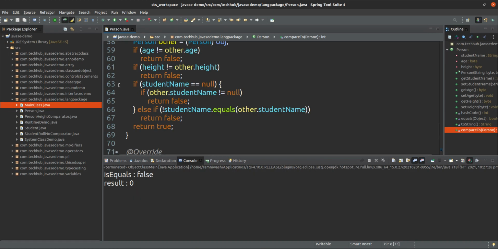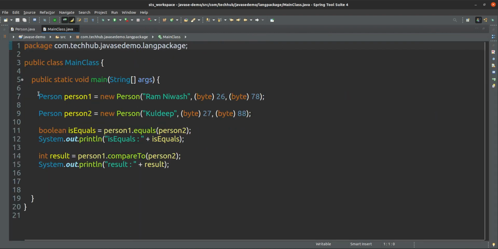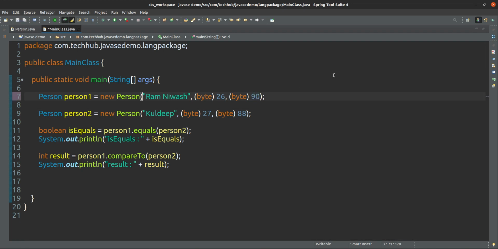So now go to the main class and see. Here we have created two persons. One has age 26, another one has age 27, and one has a height of 70. You can give 90, or 75, no issue. You can give anything.